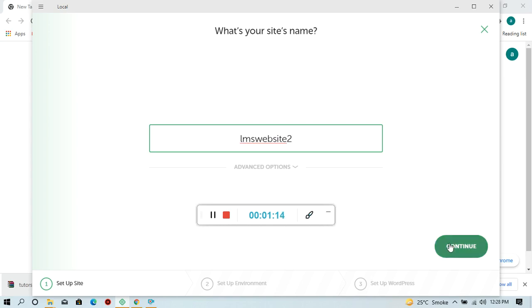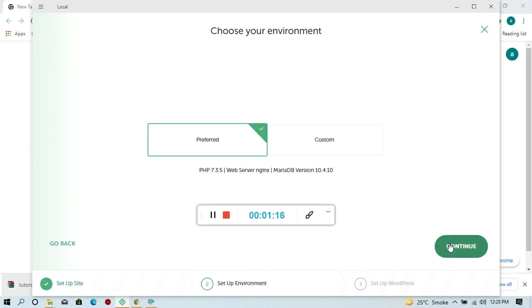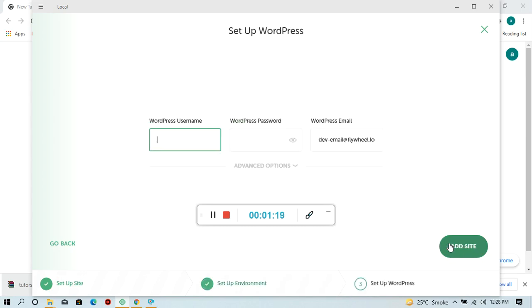Now if I click on the continue button, and again continue, I have to write the username, and the password is pass, and this is the default email, because I'm not putting any active email, as I'm just using a local site or local server. That's why I'm just showing you the demo of how to create a website in WordPress. Click on the add site button.